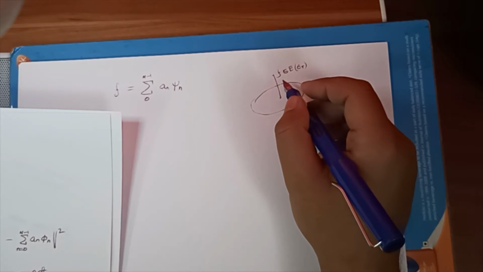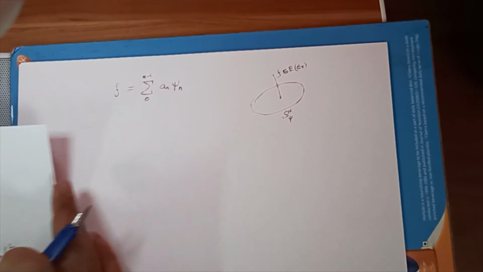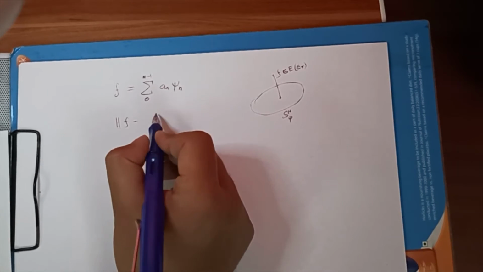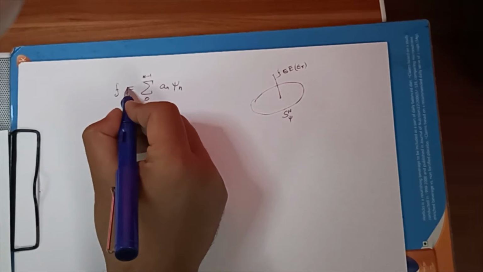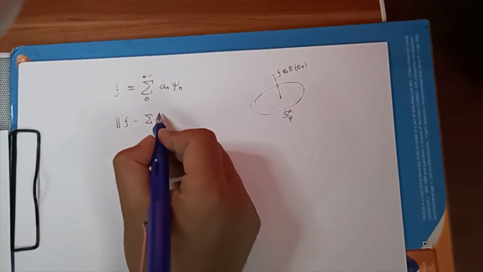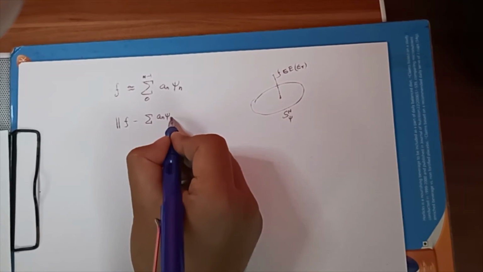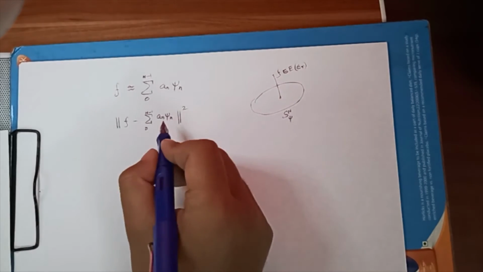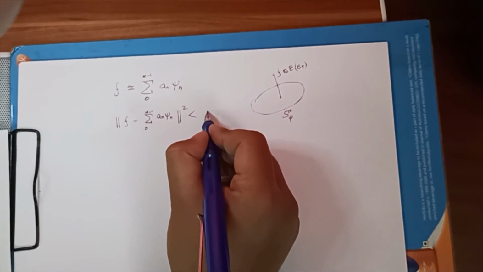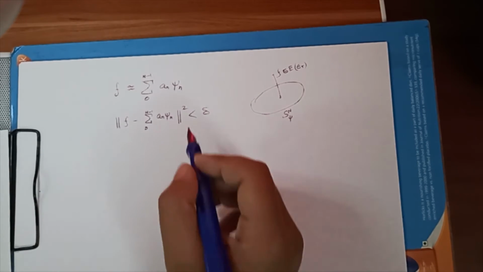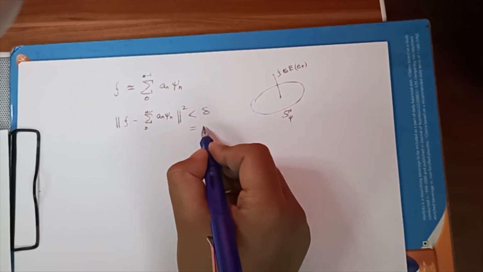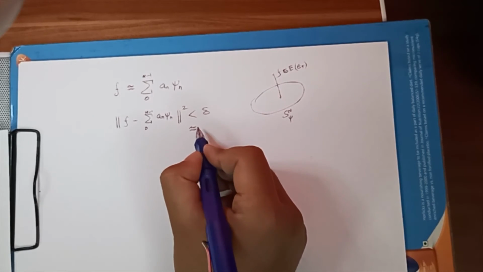This distance is not only the minimum, we can say that this is less than some arbitrary delta value. So f minus this a_n psi_n, 0 to n minus 1, this energy is less than some pre-specified delta,